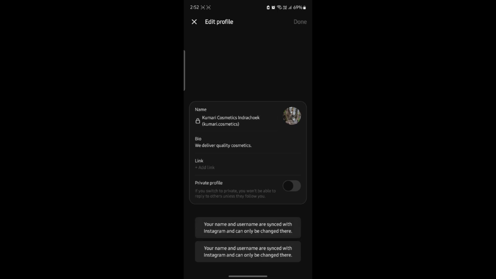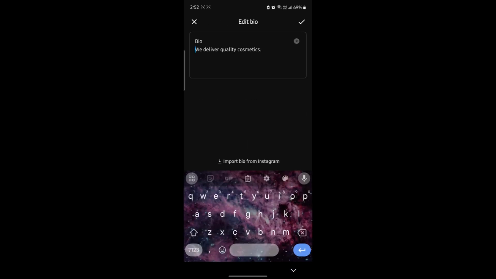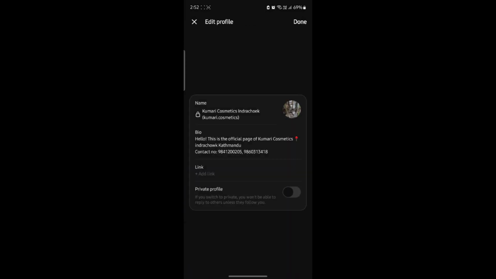Your name will be automatically synced with your Instagram, so if you want to change your name, go ahead and go to Instagram and change your name, and then your Threads name will be changed as well. If you want to change your bio, tap on bio, write down what you want, or you can just import it from Facebook. Go ahead and click the tick mark,